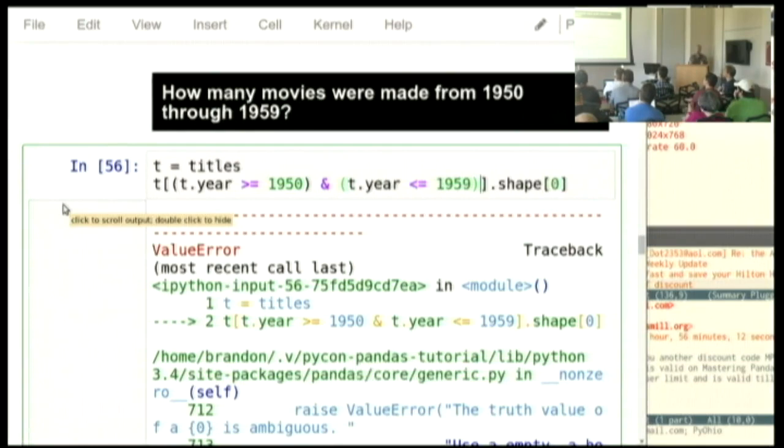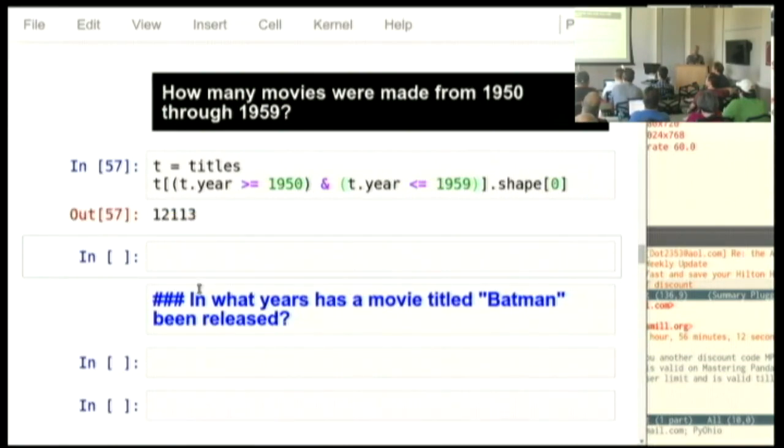I have to force the order of operations and say, no, no, no, no. Do the t dot year comparison and give me trues and falses. Do the other t dot year comparison and give me trues and falses. And then let us and those lists together, producing a hybrid list of trues and falses that only has true where both of the original lists, left and right, had true. This is a trick that you learn that let the Python people get around the fact that the keywords and or couldn't be customized in order to be vector operations in Python.